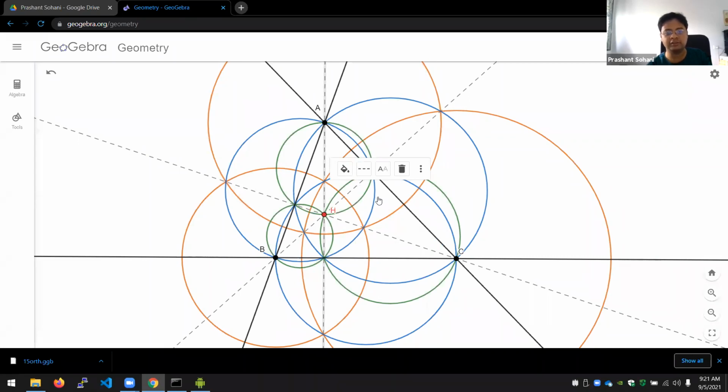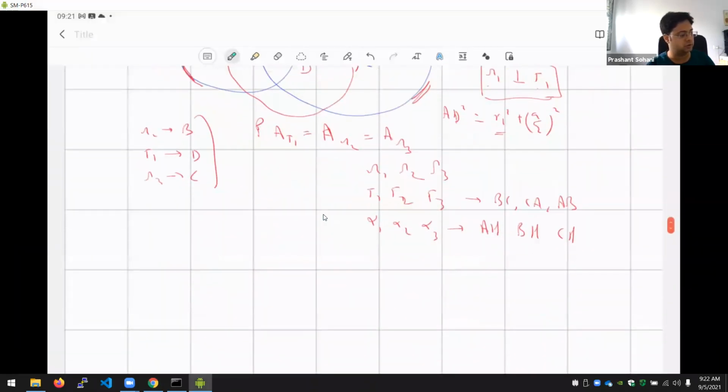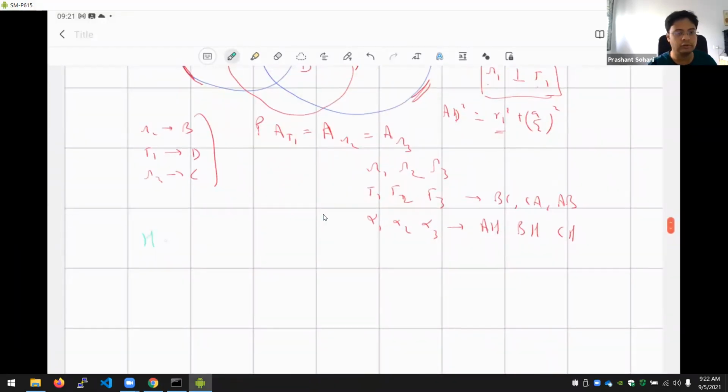So which means that H is the radical center for these orange lines. If it is a radical center, it has to have a common power with respect to all the three circles. So if you try to find out the value of that common power, as it turns out, the power of H with respect to any of the circles, like gamma 1, omega 1, is equal with respect to all three circles. Not only that, the power is equal to